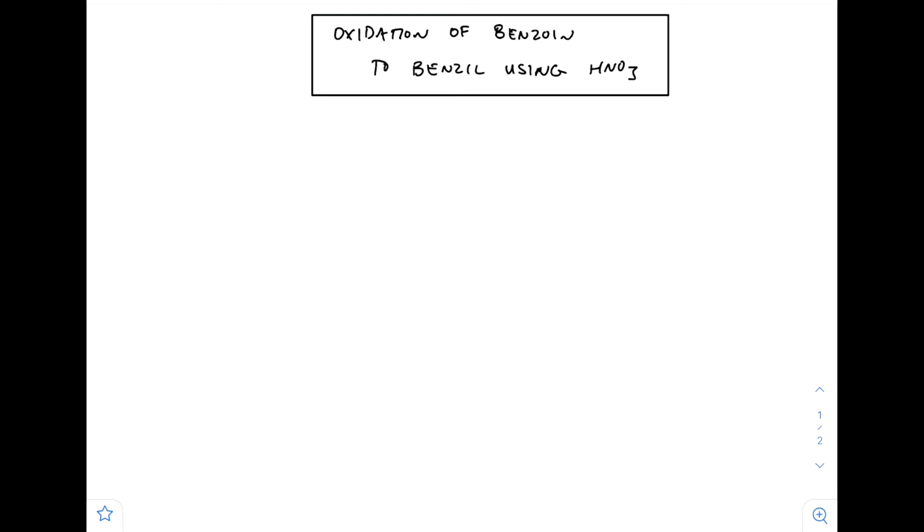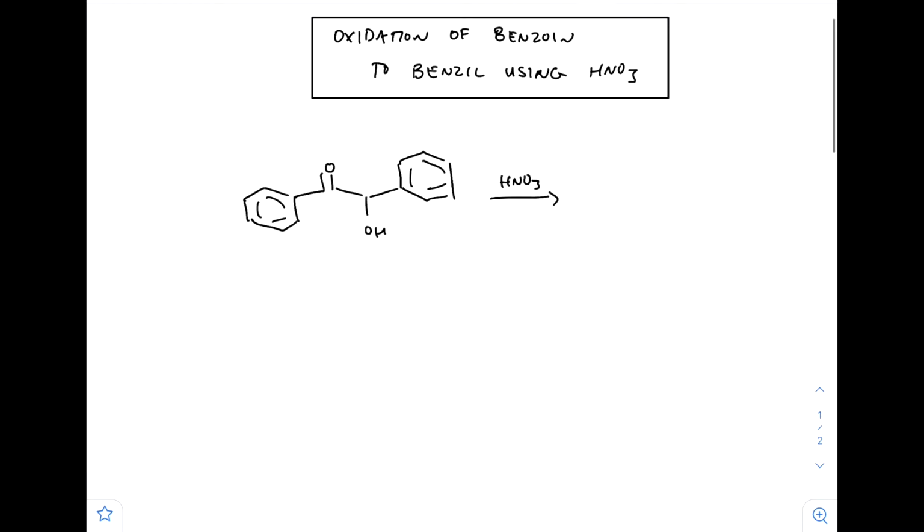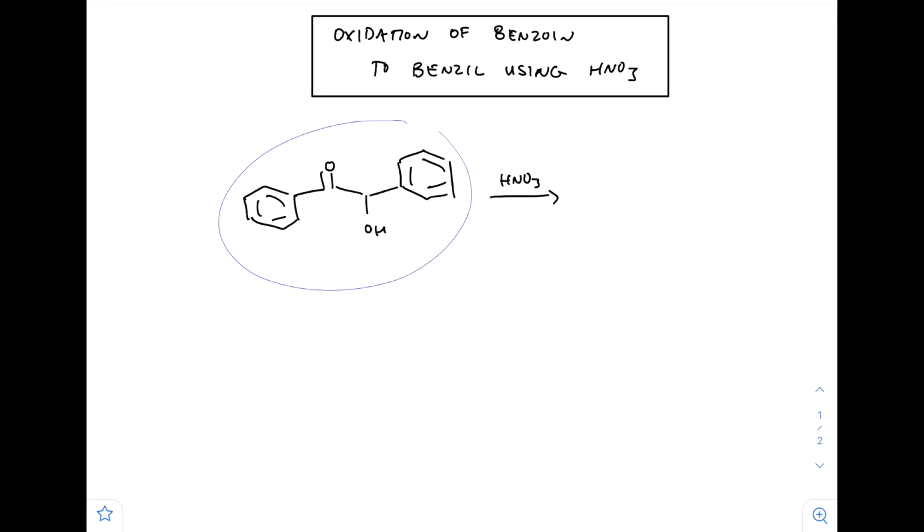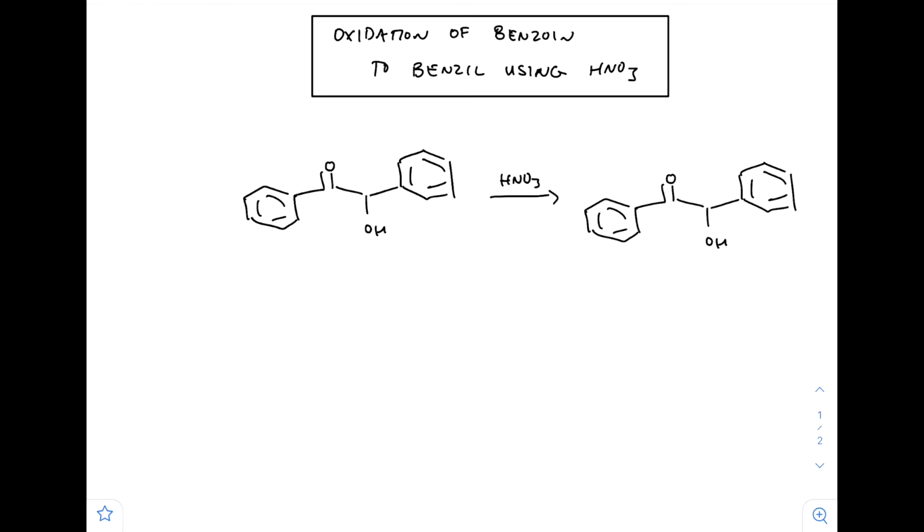Right, so this lab is going to be on the oxidation of benzoin to benzil using nitric acid. So remember, benzoin is basically the dimer of benzaldehyde. And once we hit this guy with nitric acid, we can form benzil. Okay, so nitric acid being the most oxidized species of nitrogen, having an oxidation state of 5, is actually